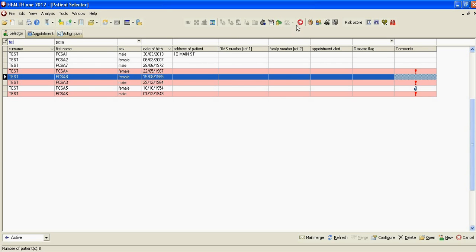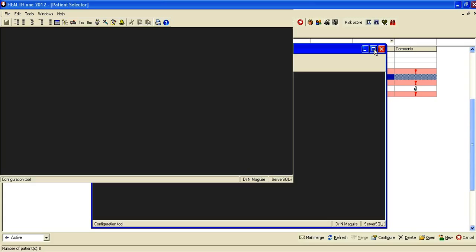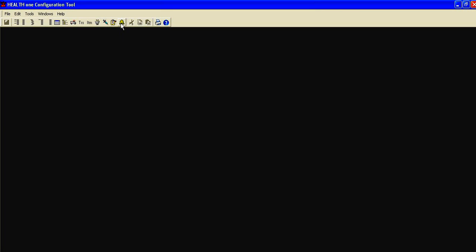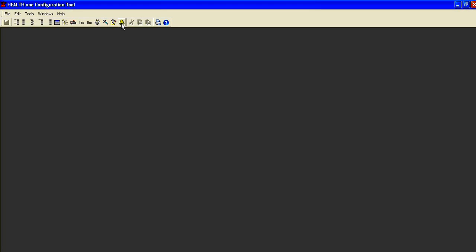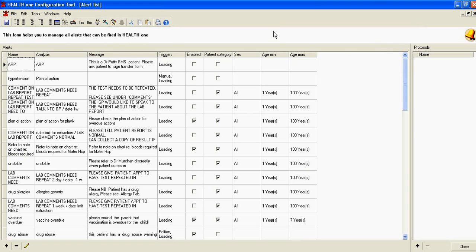For this purpose we go to the patient selector and from the patient selector we then select the icon configuration tool, which was formerly known as the HealthOne editor. Within this menu we will recognize the alert icon that we see when alerts are fired within HealthOne. If we open that, we're now displaying all the available alerts within my version of HealthOne, and this is how